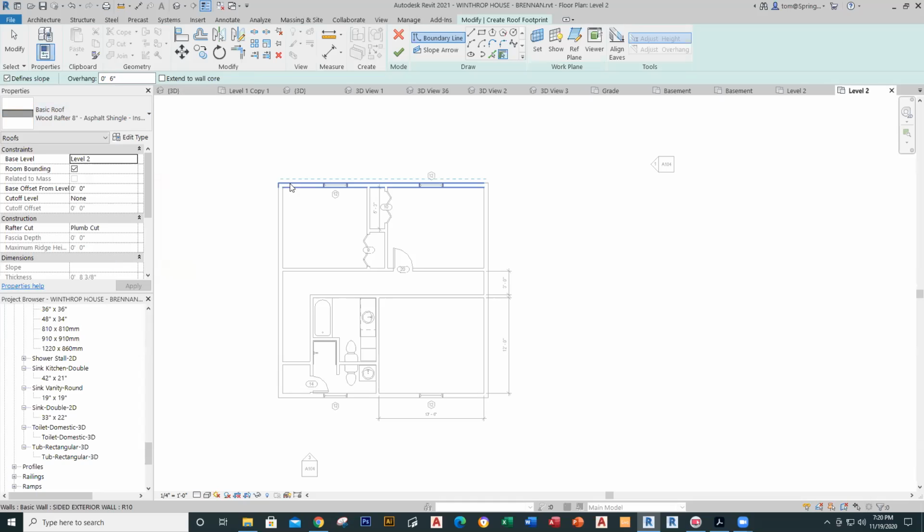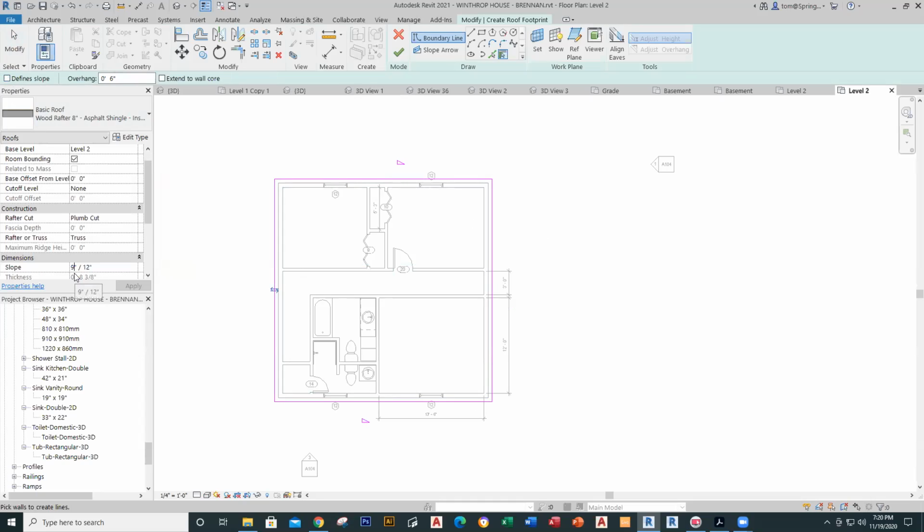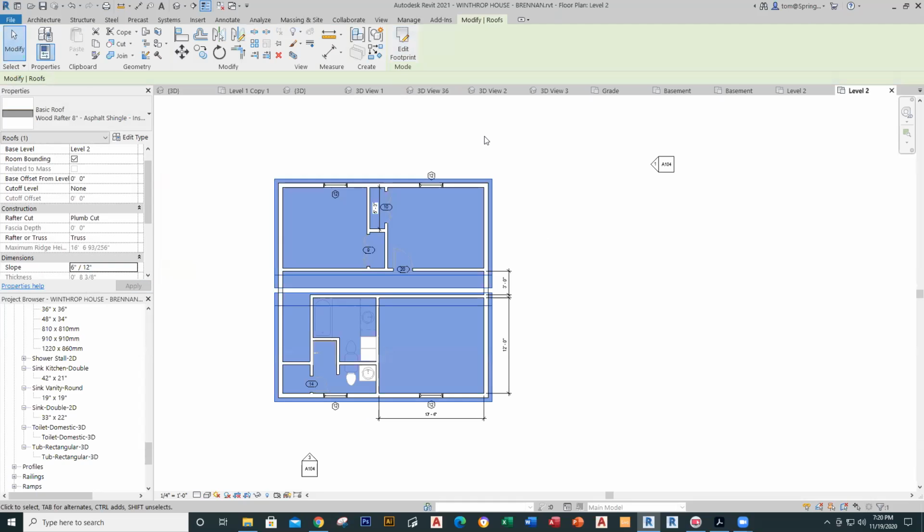And then as I go ahead and pick my walls here, I can go around here. And actually, let me go back here. Okay, so I'm going to go here. I do not want a slope on this one. So I'm going to go here, and I don't want that there. I do want a slope here on this side. So I'll pick here, and I don't want a slope on this last one. So I'll go there for that one. So once I've done that, I will go ahead and change the slope to 6 by 12. I don't have to do it right now, but why not do it? And I'll go ahead and hit my green check mark right there,